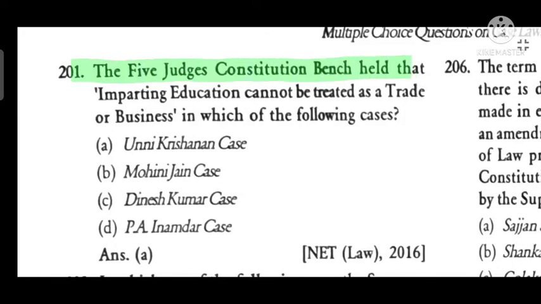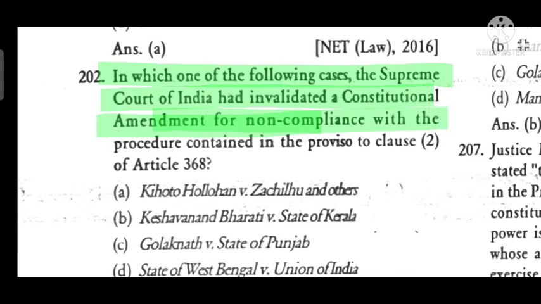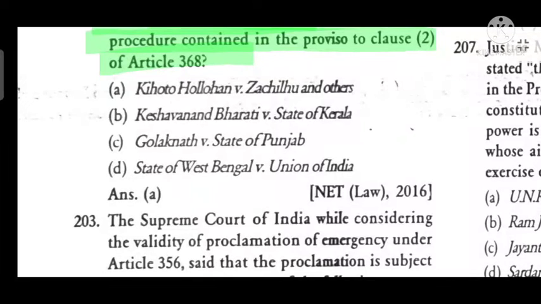The five-judge Constitution bench held that imparting education cannot be treated as trade or business, in which one of the following cases? Unni Krishnan case. In which one of the following cases did the Supreme Court of India invalidate a constitutional amendment for non-compliance with the procedure contained in the proviso of clause 2 of Article 368? Khiloto